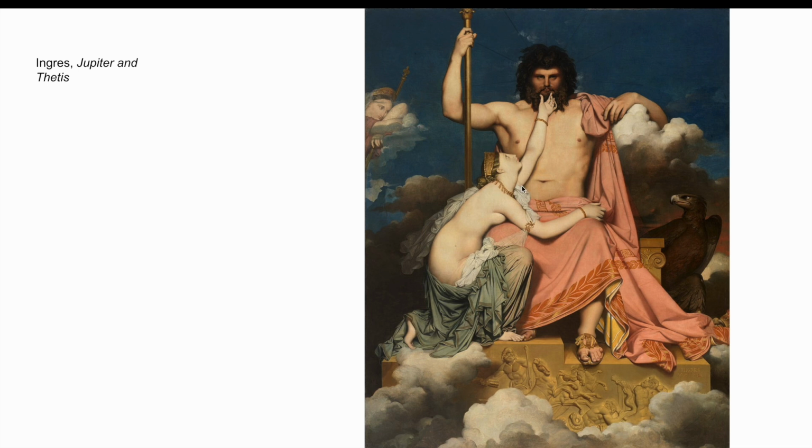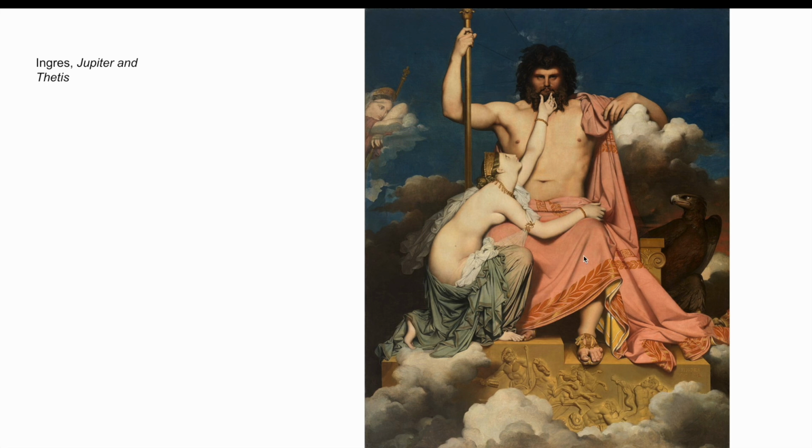She's the epitome of softness. She looks like she has no bones in her body. A lot of Ingres' women look like they have no bones. He knows how to paint them. This man certainly has bones. So he's an allegory for power, for, I don't know, male angst. And she is an allegory for this kind of softness,